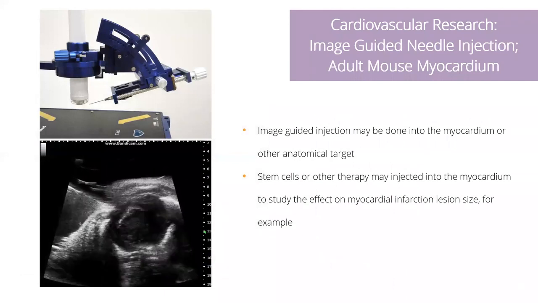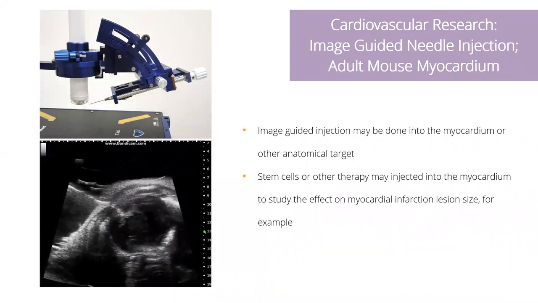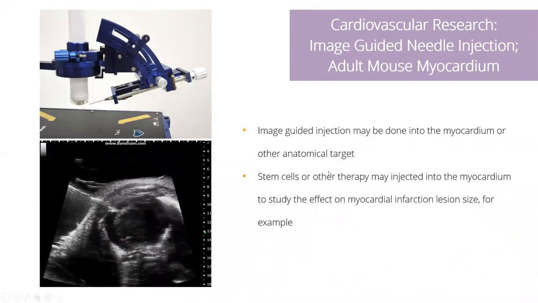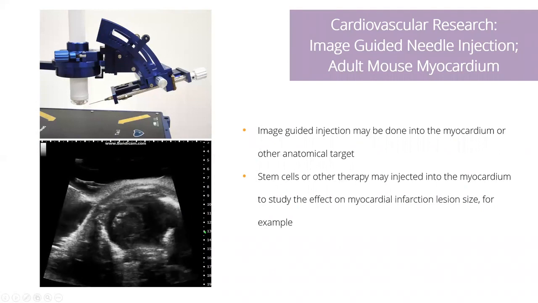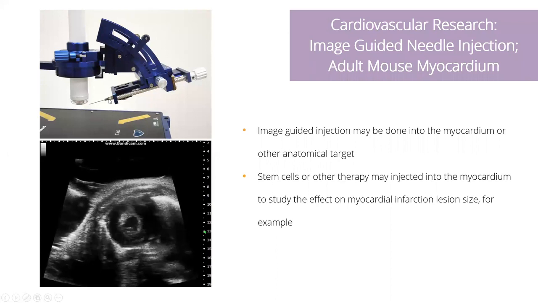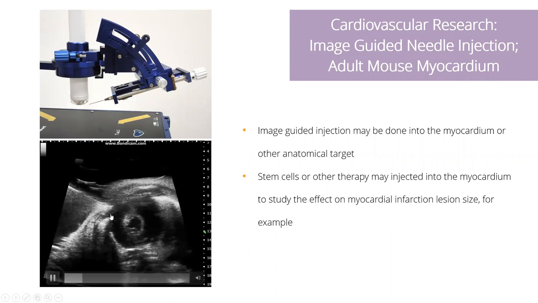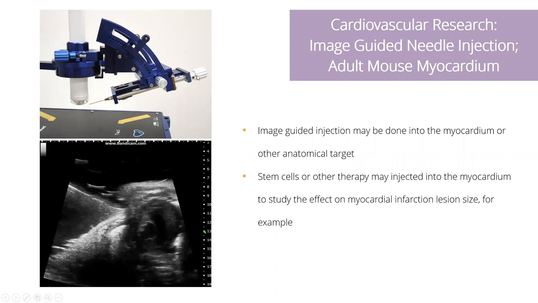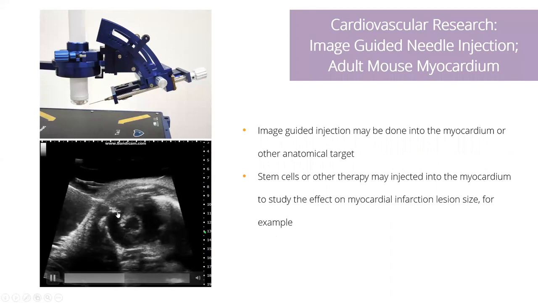Finishing up with cardiovascular research, we of course can do the image-guided injections as we talked about earlier. So again, the mount can be used with really any needle and syringe that you'd like. So here we have a traditional syringe with a steel needle, and you're basically going to image your anatomical target, here being the myocardium, advancing the needle here with the knob, and you're able to visualize that on the screen and ensure that you're injecting